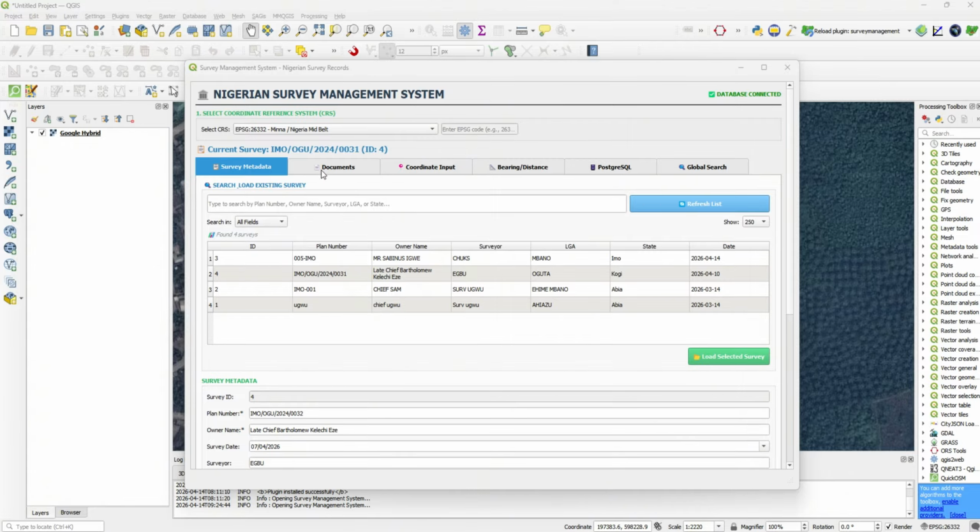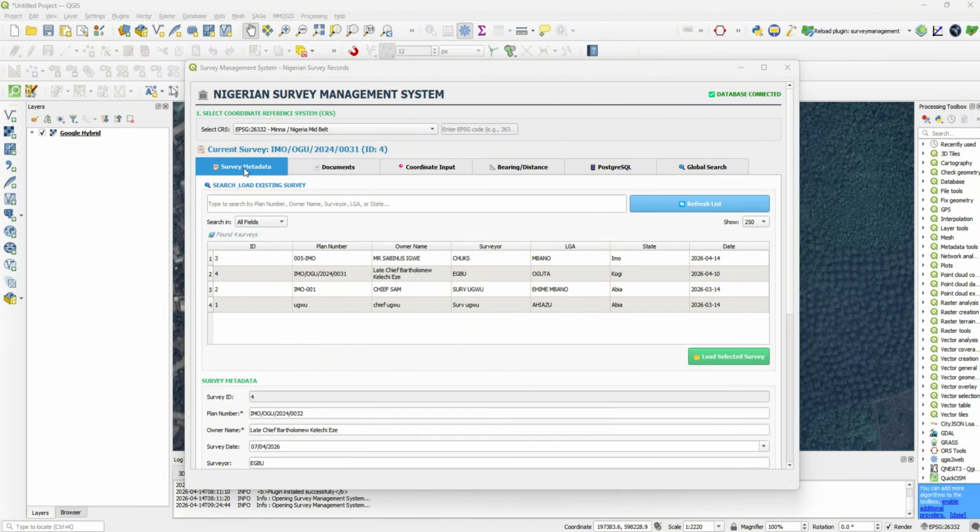So before you upload your documents, it must be tied to an existing survey record, which is under metadata. Before you impute coordinates, bearing and distances information, it must be tied to a survey plan, which is captured under